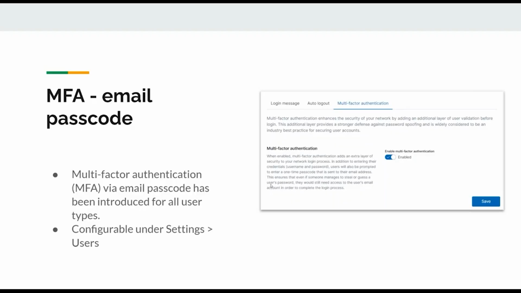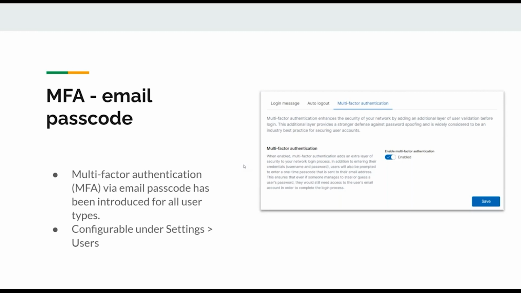So just to rehash, update 217, we had a few good changes in here. First and foremost, MFA, email passcode that we included. And we have had some users over the past couple months or so who got locked out with their MFA, but unfortunately we have a stopgap for that too, so people don't get locked out, able to kind of reset the MFA and then reissue it because it is a toggle.